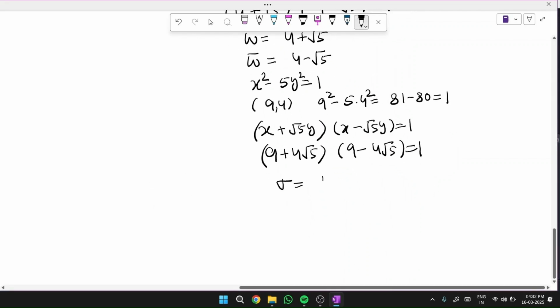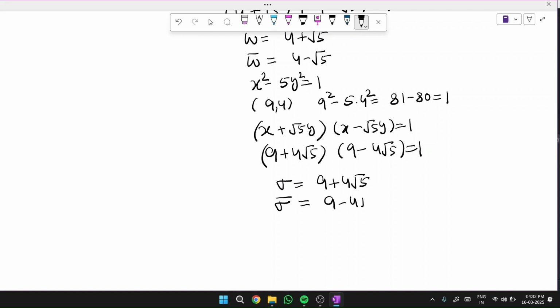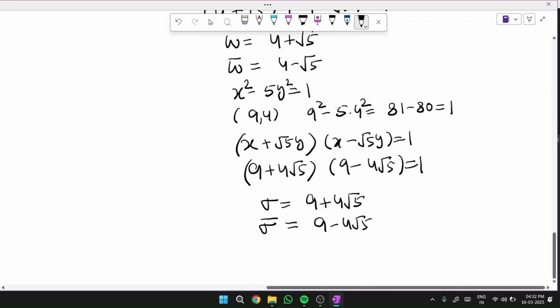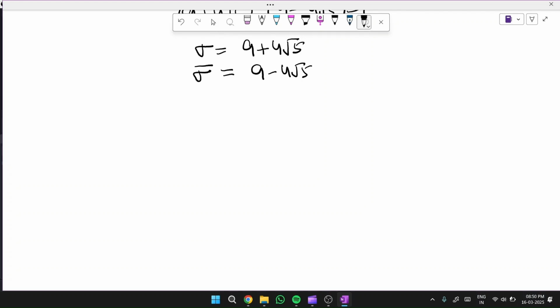So sigma is equal to 9 plus 4 root 5 and sigma bar is equal to 9 minus 4 root 5. So now, using this omega and sigma, we can produce infinitely many solutions. We claim that sigma omega to the power n is also a solution to this equation. For example, if we take n equal to 1, sigma into omega is equal to 9 plus 4 root